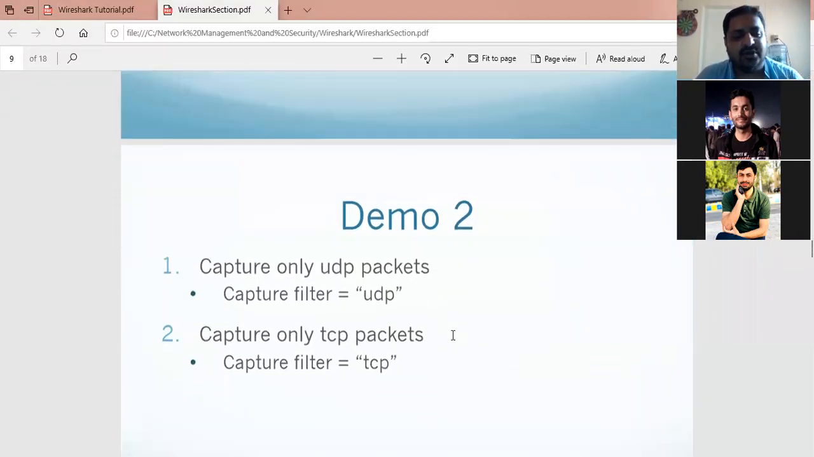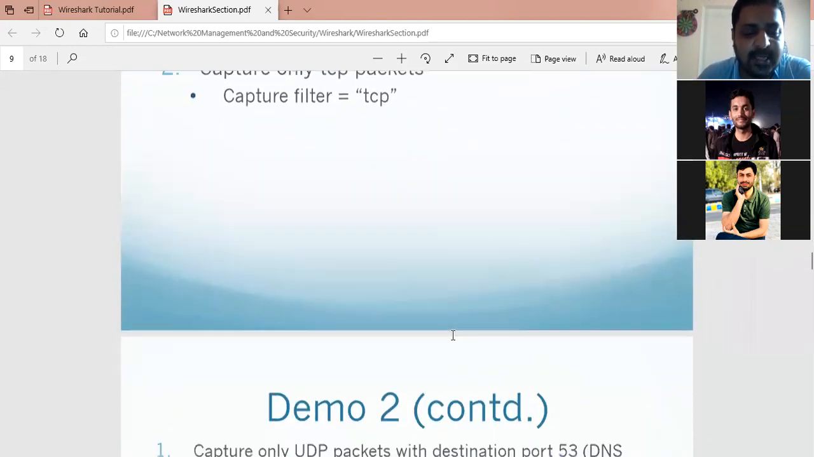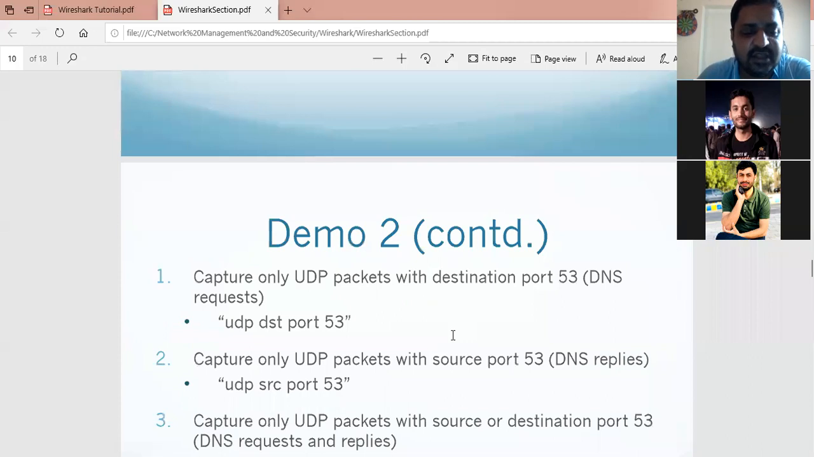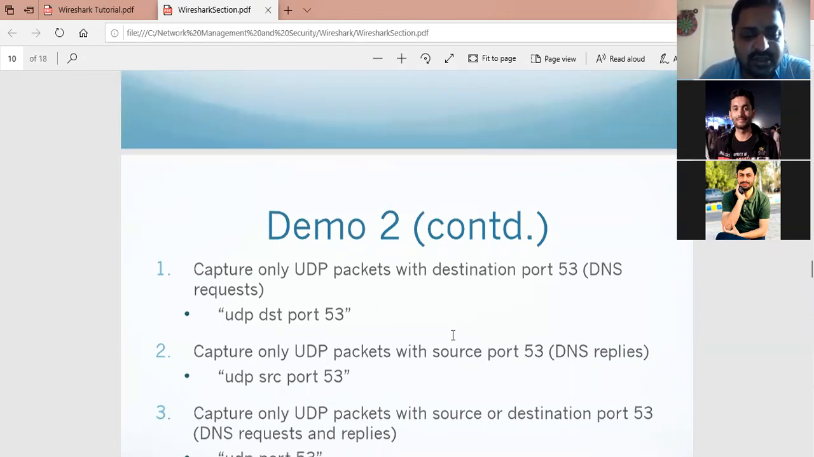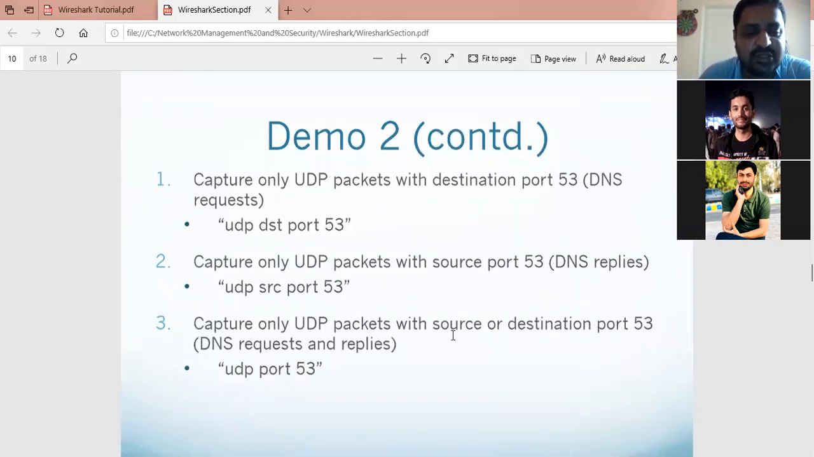You can perform a filter on a particular packet that you want to see, the data only for the UDP protocol, or only for the TCP protocol, for example. You want to see the data with UDP, with port 53, for example, for DNS. So you want to see the data using the UDP protocol with port number 53. In this way, you can capture the data